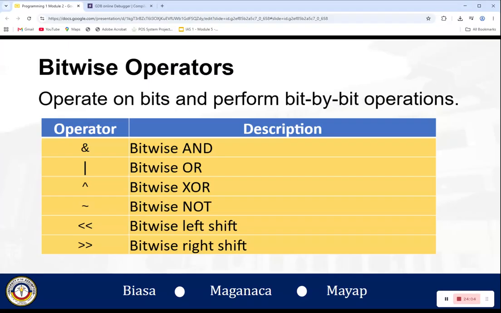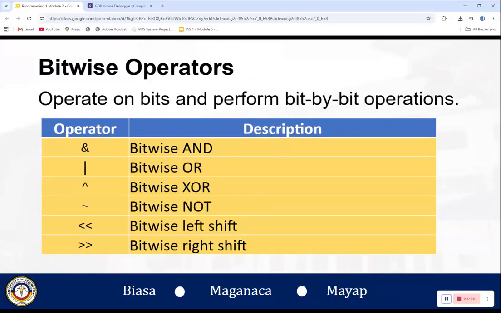Now we'll step down for a while, at least into low-level programming. Unlike the standard logical operators that treat whole numbers as simply true or false, bitwise operators look directly at the underlying binary digits, the zeros and ones, and perform operations bit by bit.